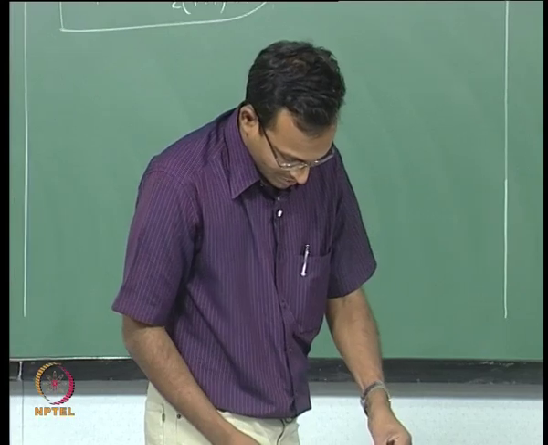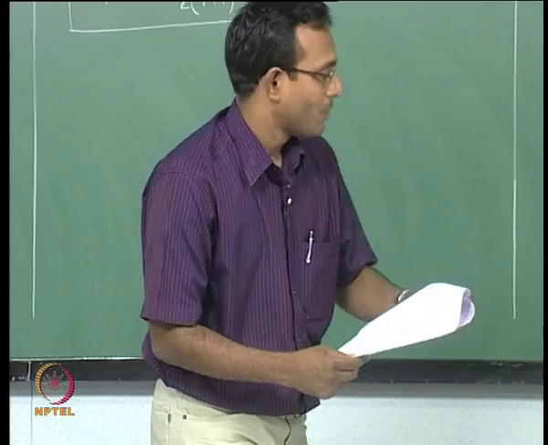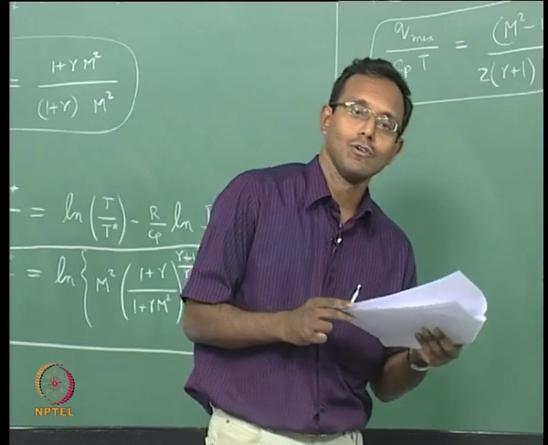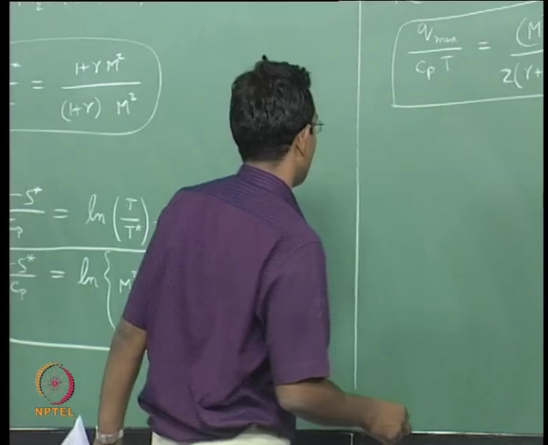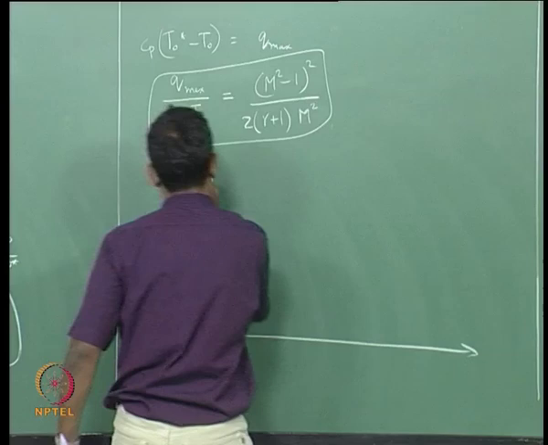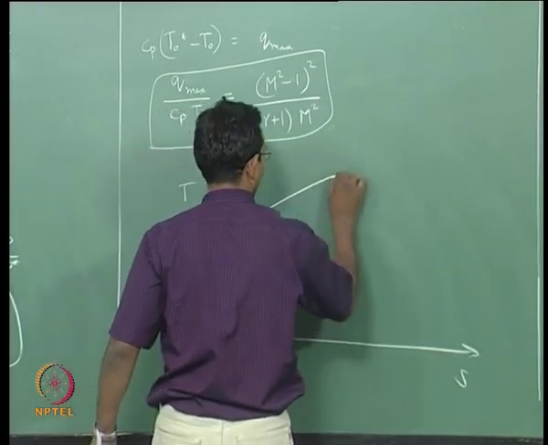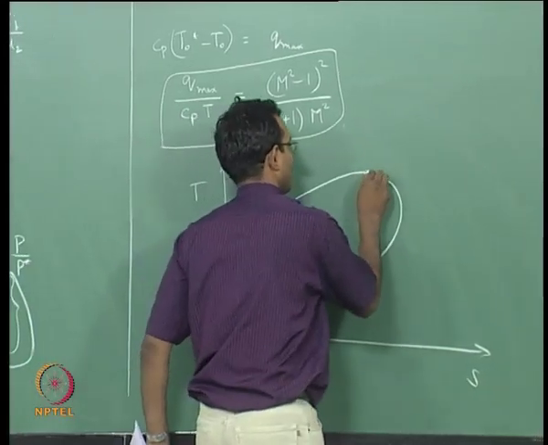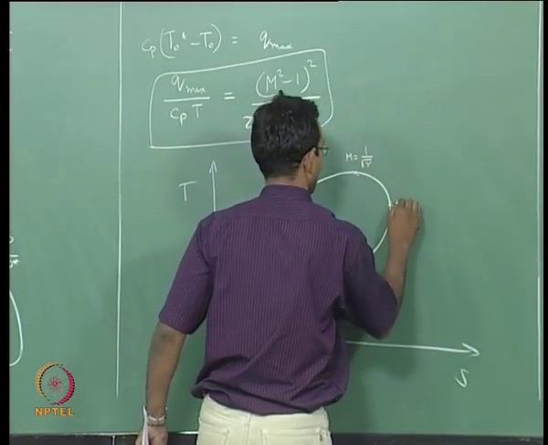Now we will go and do a little more analysis. I want to now think about Rayleigh flow in terms of the TS diagram again, and just talk about it a little bit. We already had this kind of curve for the TS diagram. We said that this particular point corresponds to M equal to 1 by square root gamma. This is my star condition,